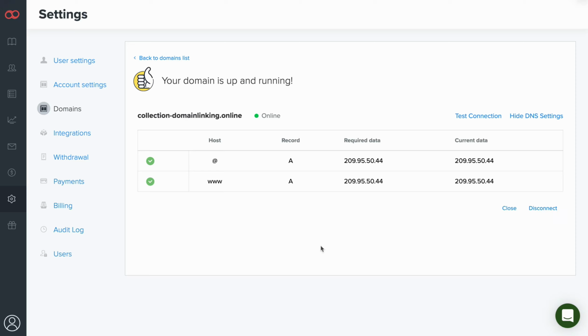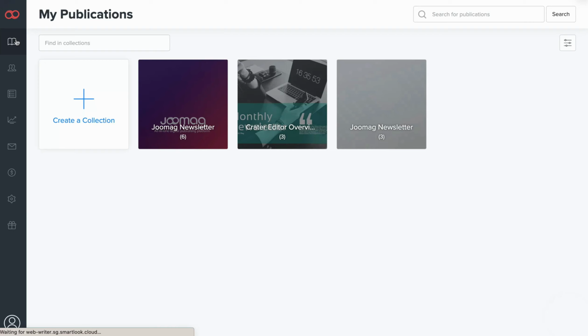Now, we need to link this connected domain to one of our collections, so that all the publications under the collection will be displayed with the linked domain name. Let's go to the dashboard or My Publication section